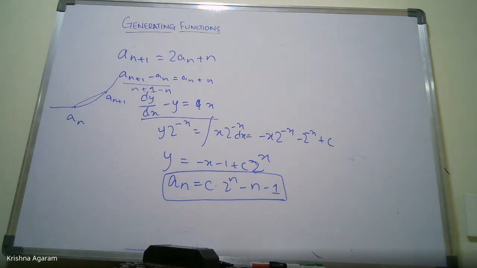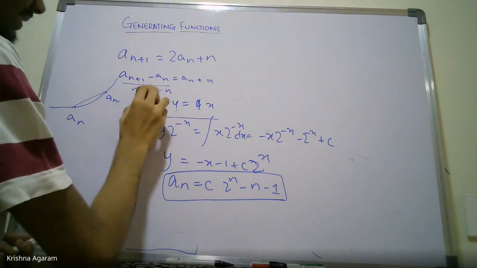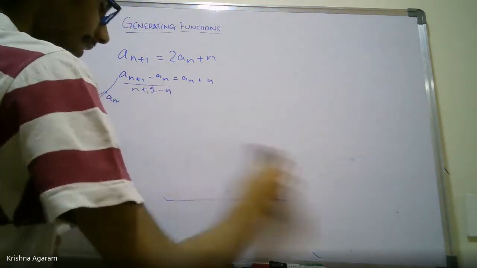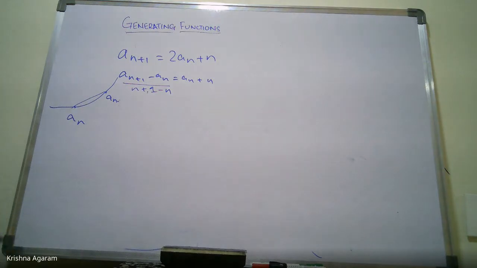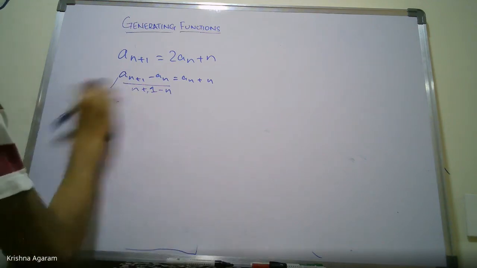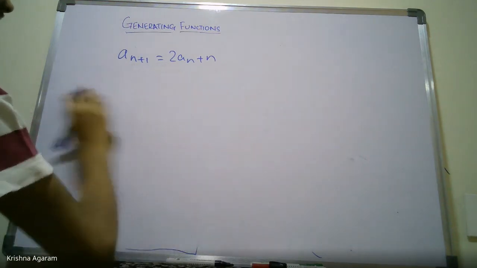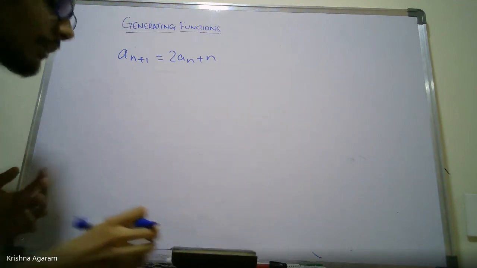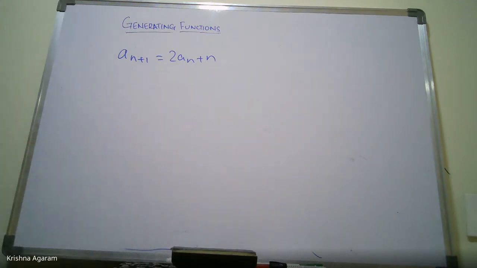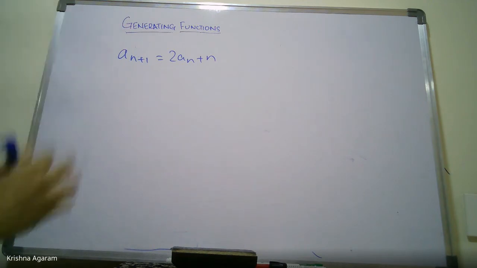This is not like an Olympiad one. It's just something that helps when you have recurrences like this. So there are many methods to solve this. Pranav pointed out one method, adding n. There are lots of ways to do it. The one I want to introduce today solves more broadly. Generating functions are a systematic way to solve such things. If you can solve one problem using that, lots of general problems can also be solved in the exact same way. So basically, this is what we will do.